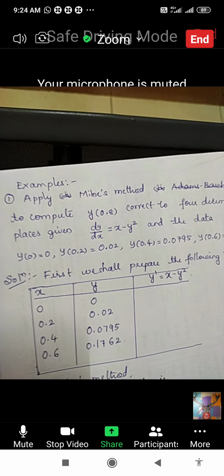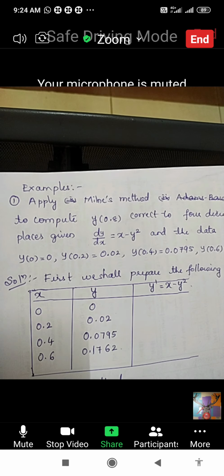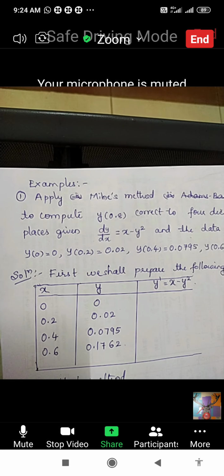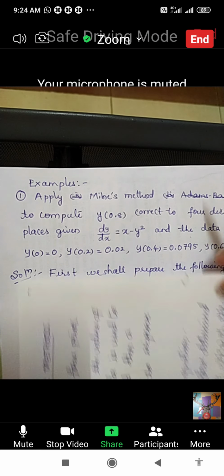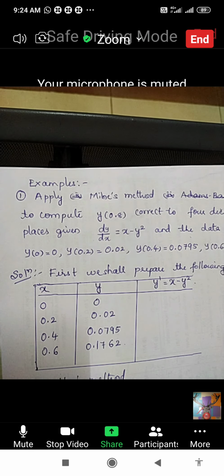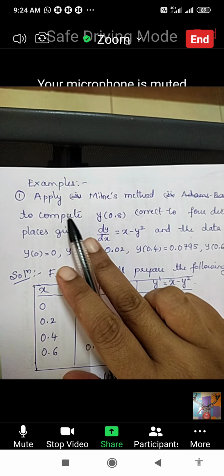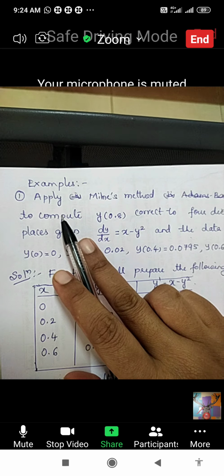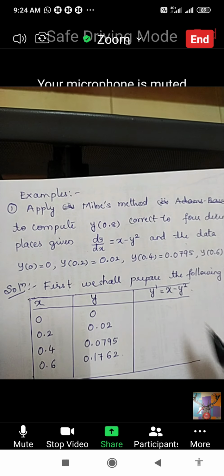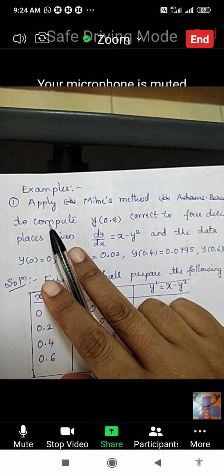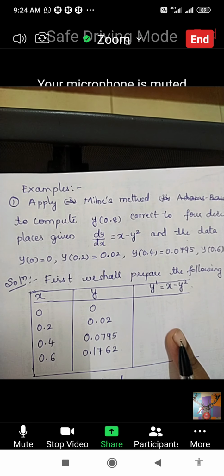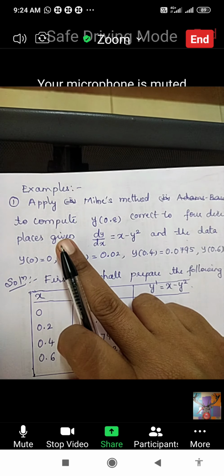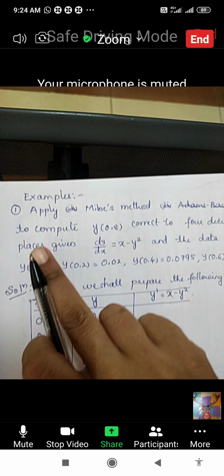Now I'll start with a very simple example. Can you see the part? Okay, all of you just write the question, please. I'll just dictate, because you have to do the calculation simultaneously and tell me the values. That's why it's better you write and keep your calculator aside. Yeah, write the question.